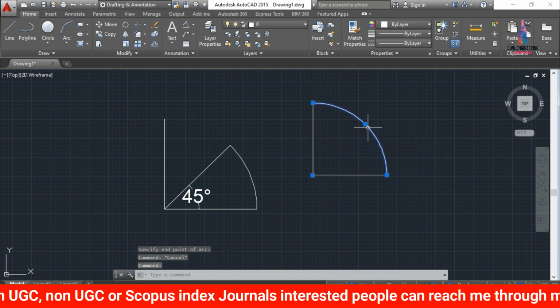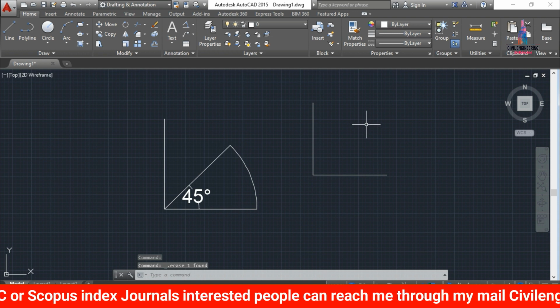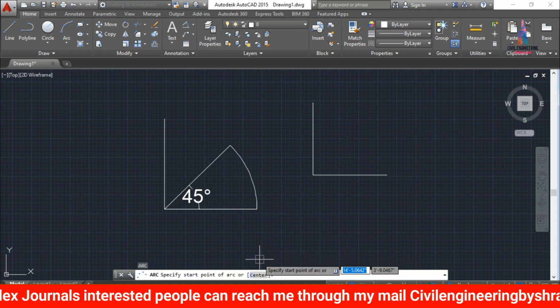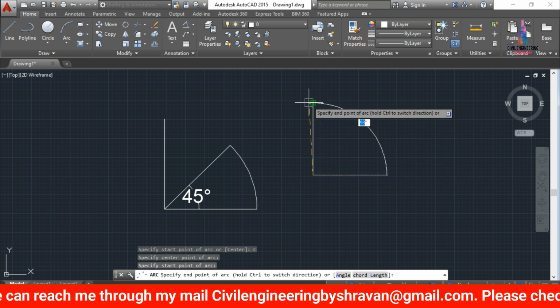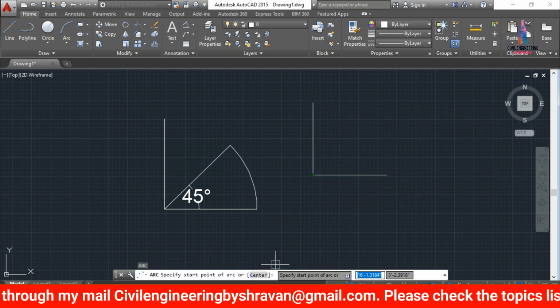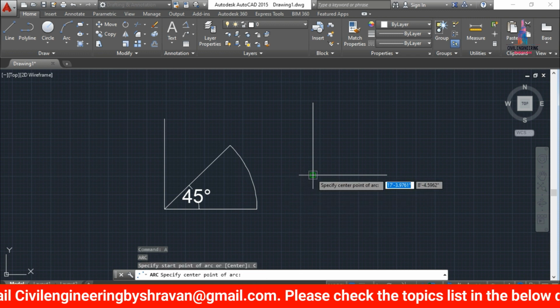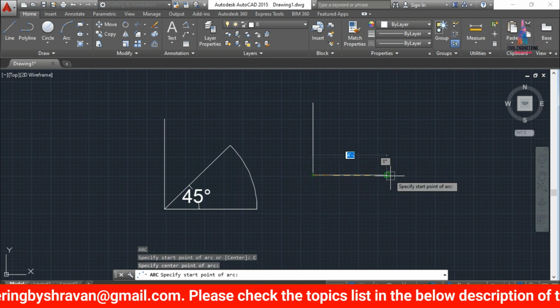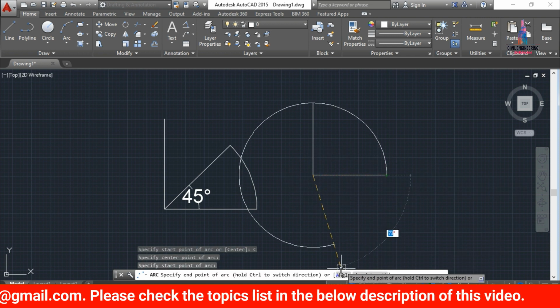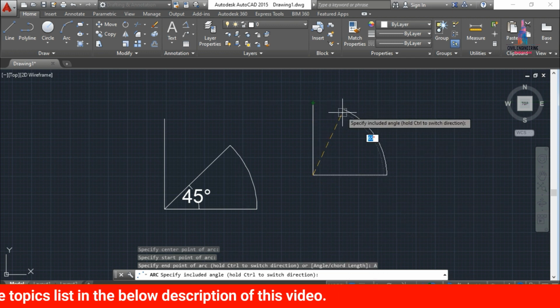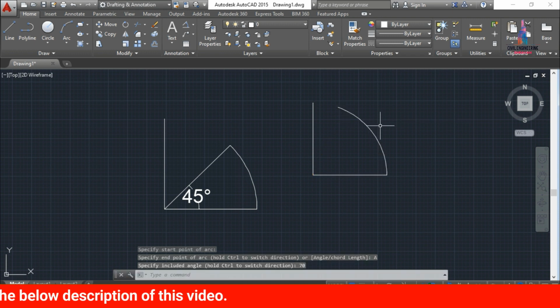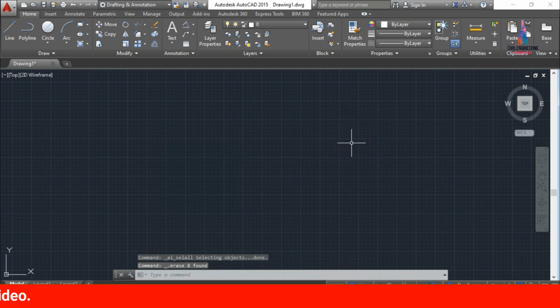In the same process we can draw the arc with the help of another method also. A, enter option, select the center point, again select the first point, again select the second point. A, enter option, select the center option, select the center point. Now we have to specify the first point. Again we have to click on the angle here, select this respective angle, let us consider it as 70. So this is the 70-degree line. In the same process you can draw any number of arc commands.